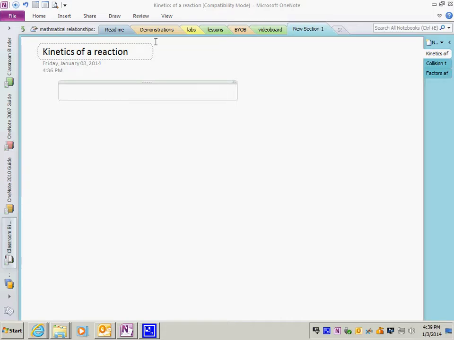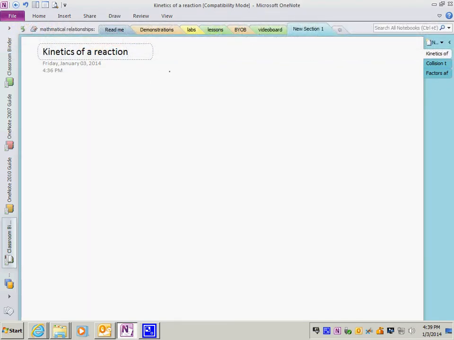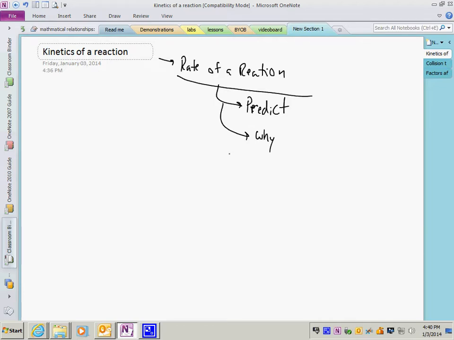Just so you're aware, the term kinetics, I'm just going to grab my pencil here, the term kinetic means referring to the rate of a reaction. In the end, we're not going to get that deep into it, you're going to want to be able to predict how fast a reaction is going to run, and then even try to figure out why it is working the way it is. But for us, we're really just going to look at the very surface of this thing, and our main objective